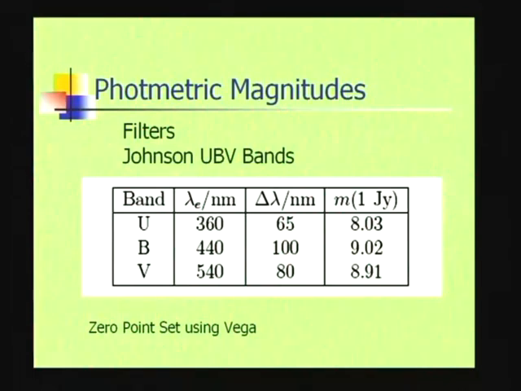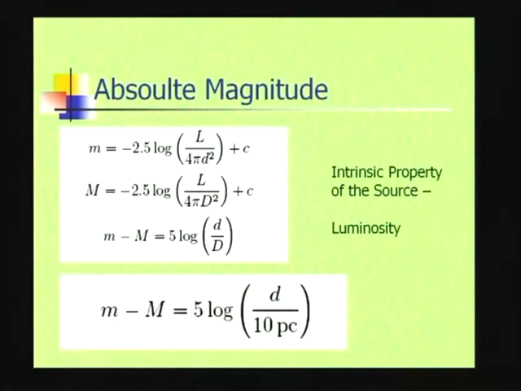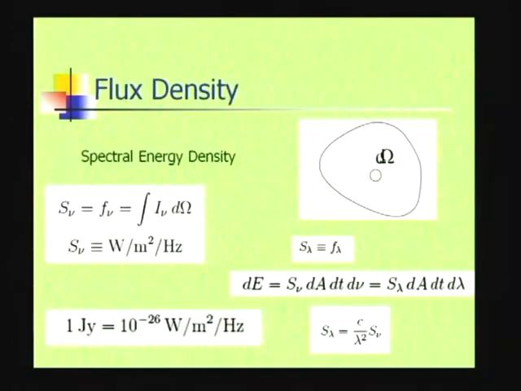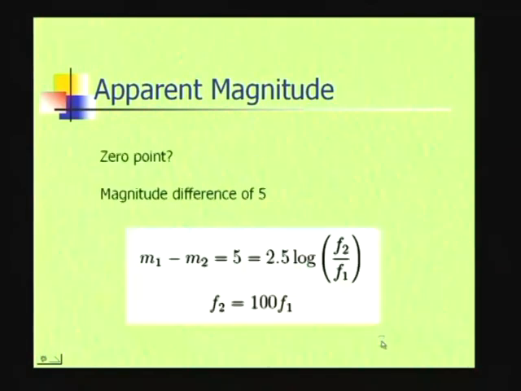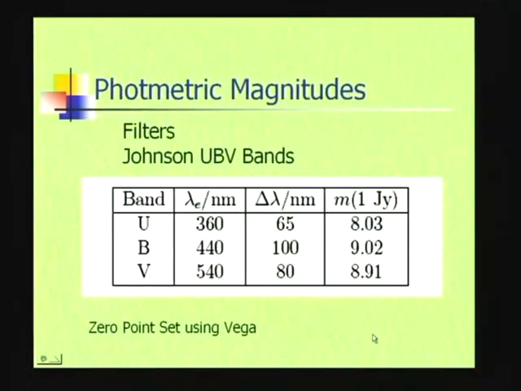Now, let me just recapitulate what I have told you until now. The quantity which you can measure in principle is the flux density or the spectral energy density. It tells me the amount of radiation coming in a small interval d nu centered at some point. Okay. And we measure it in units of magnitude, I have told you this. And then I have defined apparent magnitude, absolute magnitude, and told you about K correction. Now, in reality,